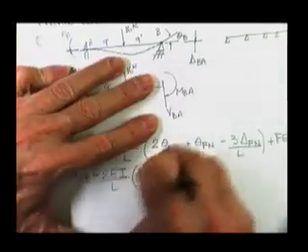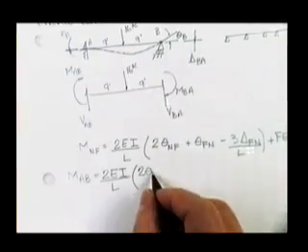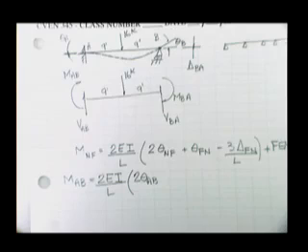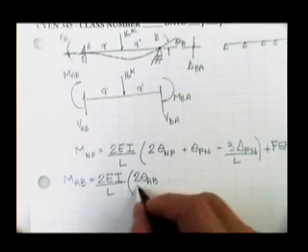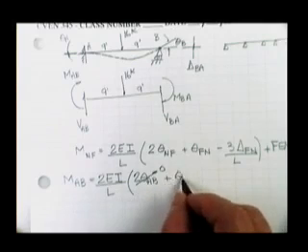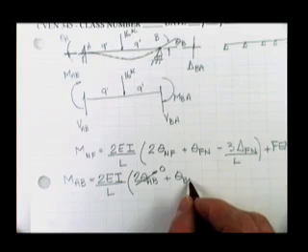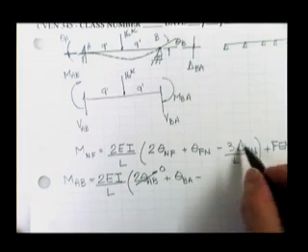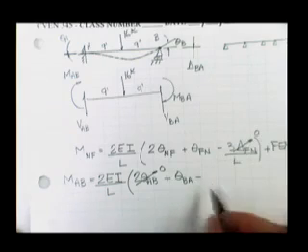Let's see, now I'm ready to put letters in here. Theta at A looking towards end B. Would you tell me what theta A looking towards B was? Well, I'll go ahead and stick that in there now. Plus the theta at B looking back towards A, minus, you told me that deflection was 0,